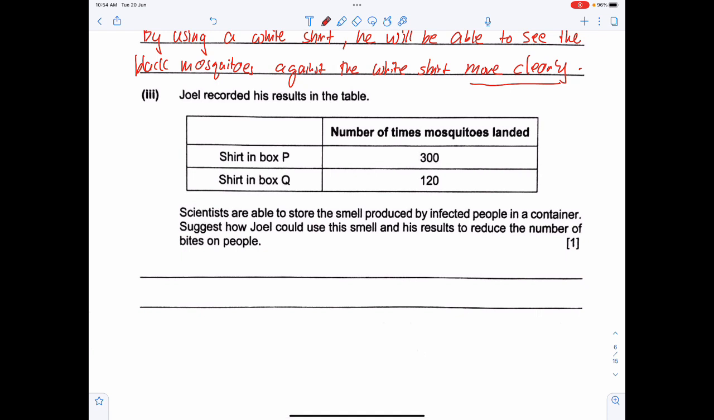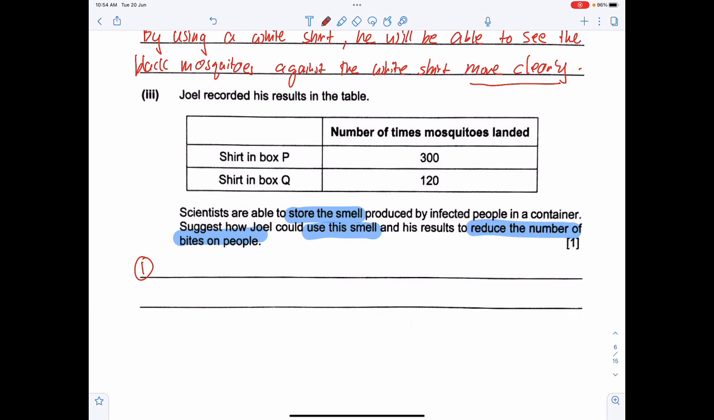Next, Joe recorded his results in the table. Scientists are now able to store the smell produced by infected people in a container. Suggest how Joel could use this smell and his result to reduce the number of bites on people. So, over here, there are two answers. Okay, I'm going to present to you the two answers. The first answer, it would be to